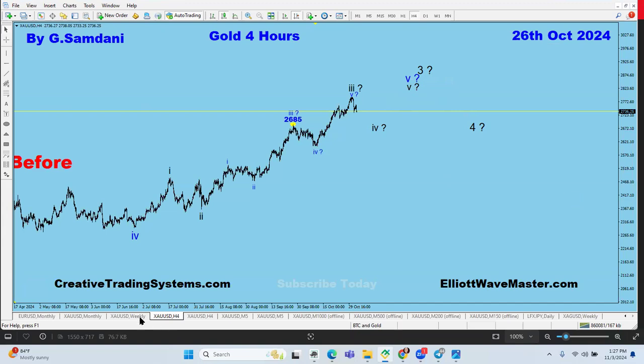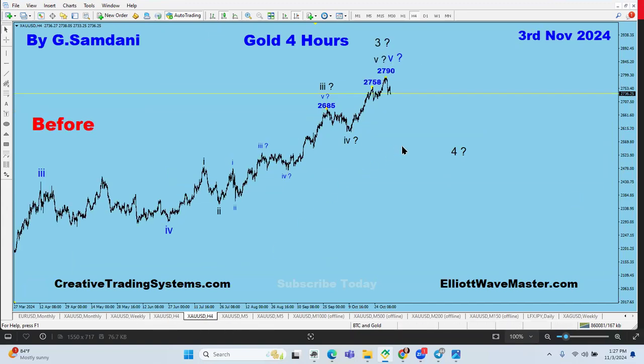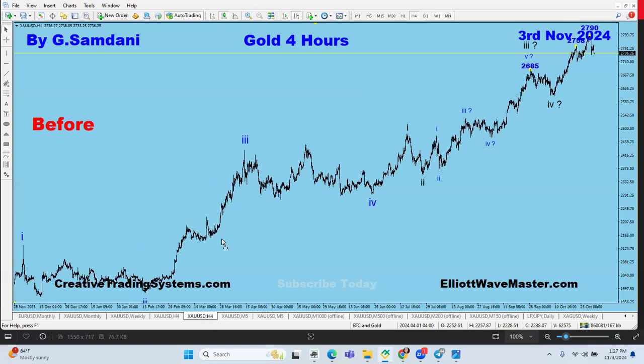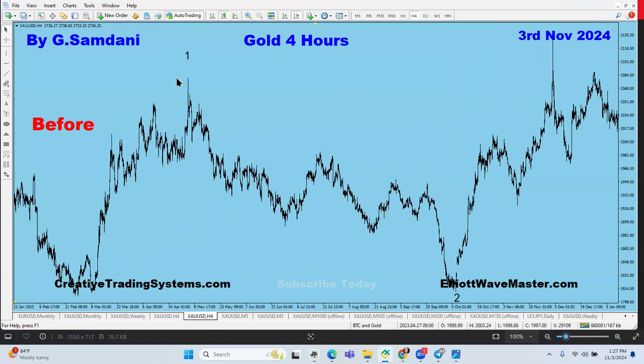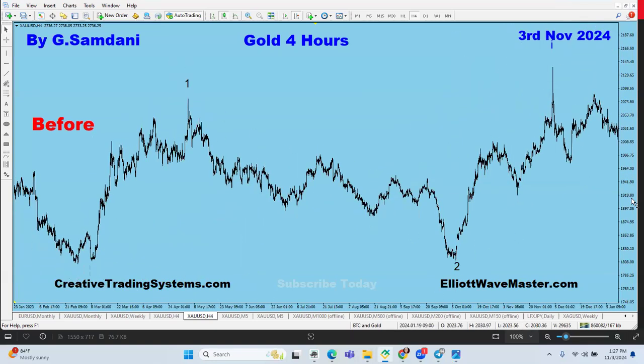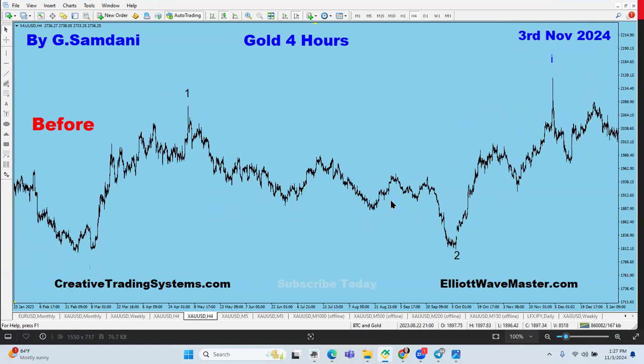Right now we are dropping. This is one version. This is the second version, right? We ended wave three here, let's say. So we're dropping for wave four anyway. And wave four is going to be this wave four, right? So this is wave one, and A, B, and then A, B, C, wave two.